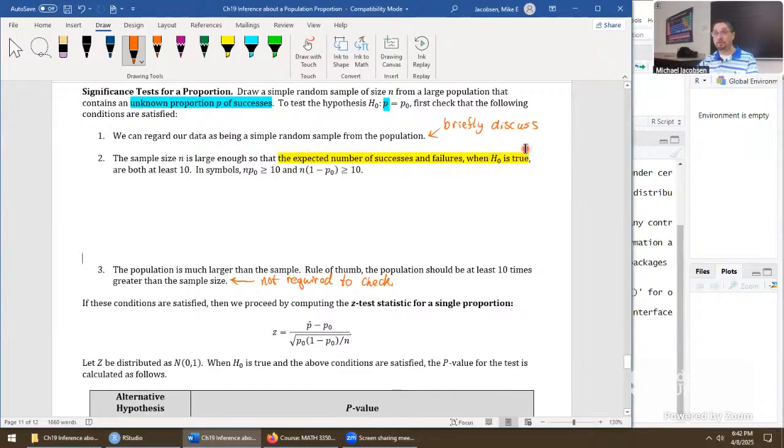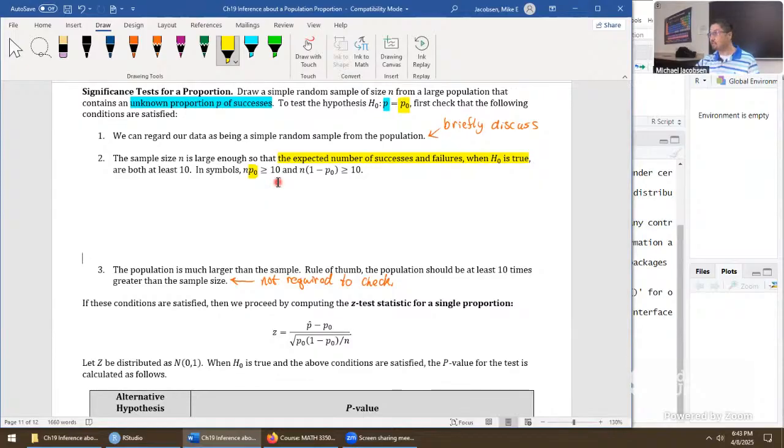When we make that humongous assumption, once again, this is what hypothesis testing is all about. Assume the null is true, see how compatible your data is with that assumption. That means the formula here is way more specific than it looks like. n times p naught means we're taking p naught coming from the null hypothesis. Just take your sample size, multiply by the hypothesized value, it has to exceed 10. That came directly out of the central limit theorem.